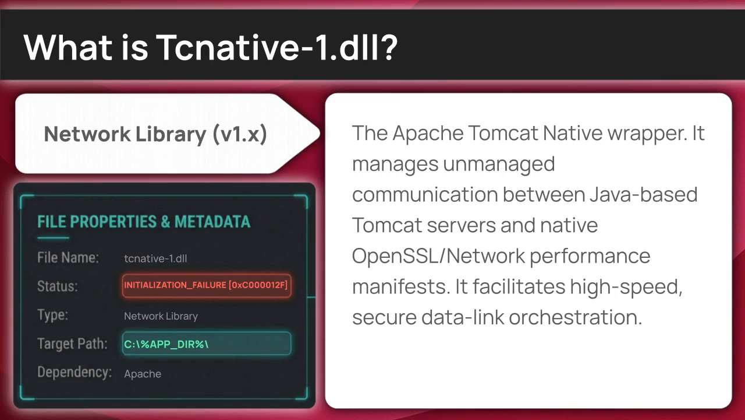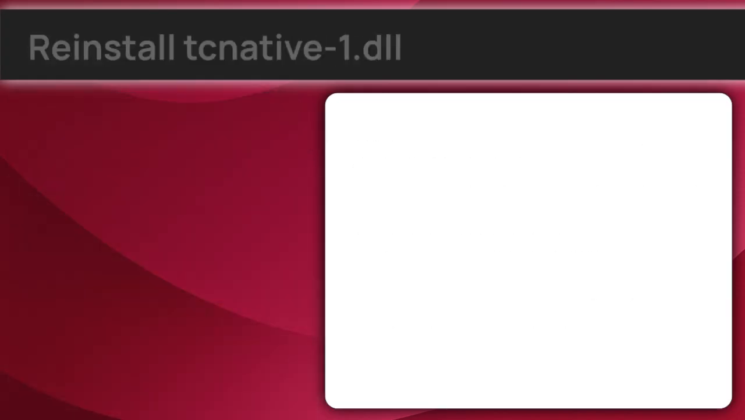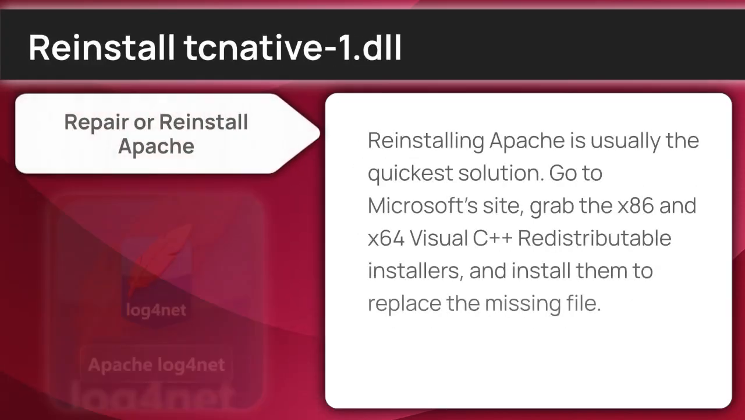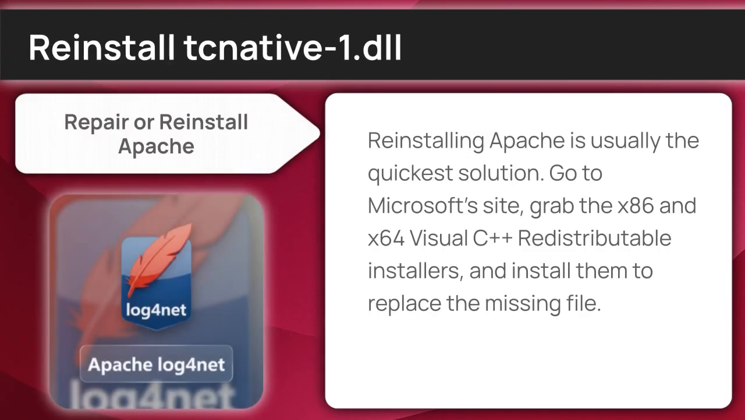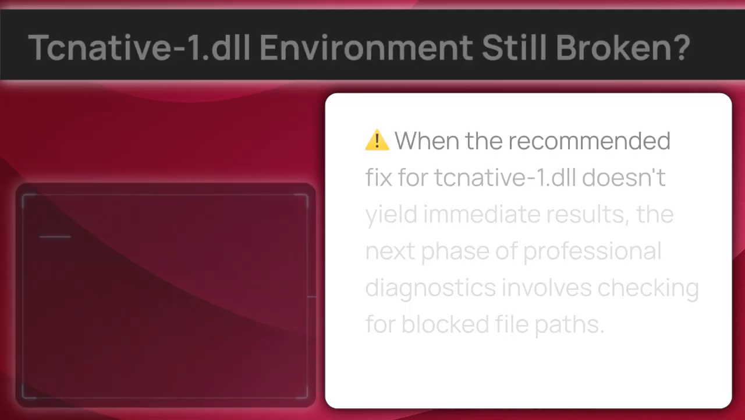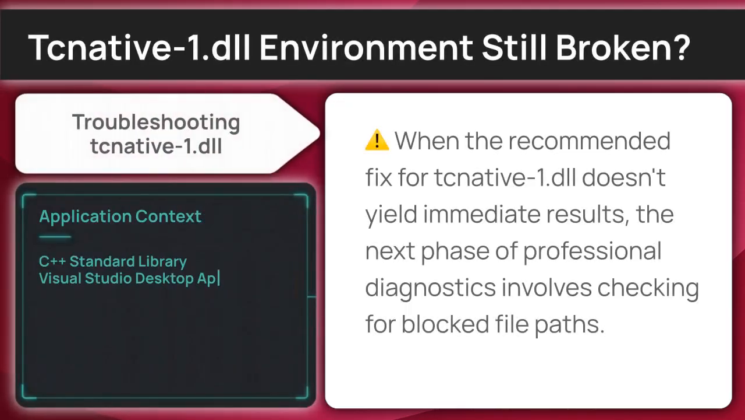With that context in mind, our first logical step is a clean reinstallation. Reinstalling Apache is usually the quickest solution. Go to Microsoft's site, grab the x86 and x64 Visual C++ Redistributable installers, and install them to replace the missing file. In the event the error remains visible, it indicates we need to verify the environment's ability to register